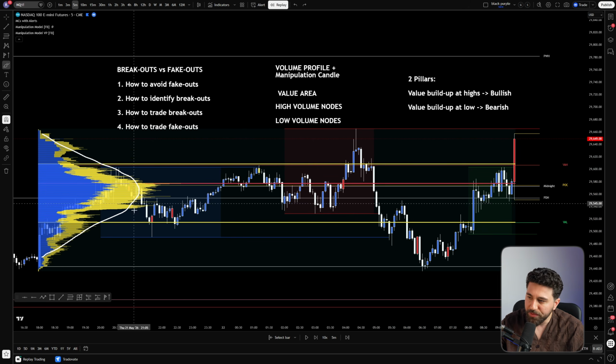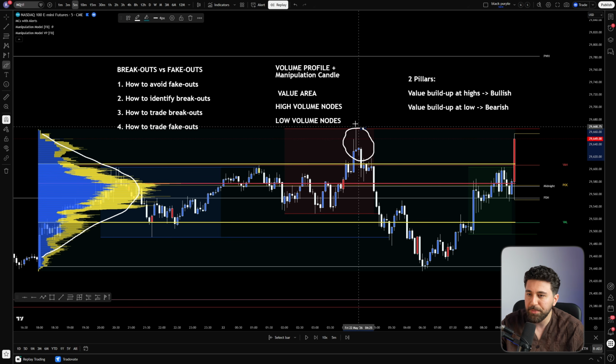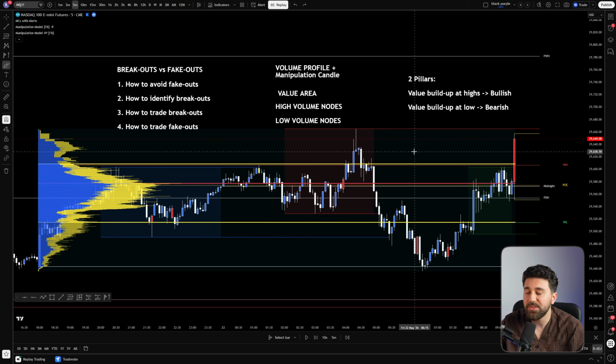So basically with the D-shaped profile, we're seeing that market participants are not happy to transact at these highs and also not at these lows, because we can clearly see that at the high and at the low of this volume profile, there is less volume. And the majority of the volume is concentrated at the center, in the middle. So this is basically a D-shaped volume profile. And if you notice, this is already a really good sign that we are most likely not gonna break out